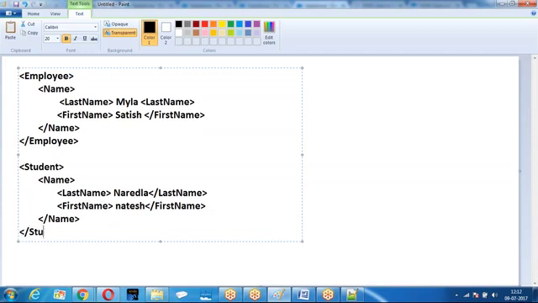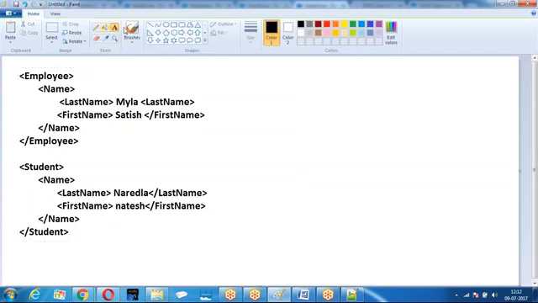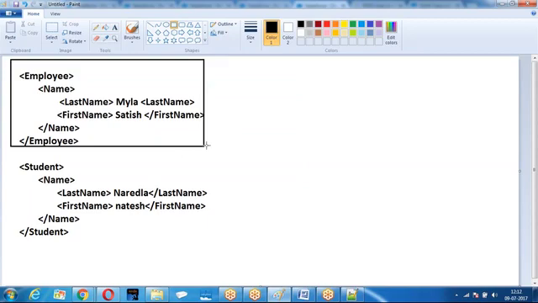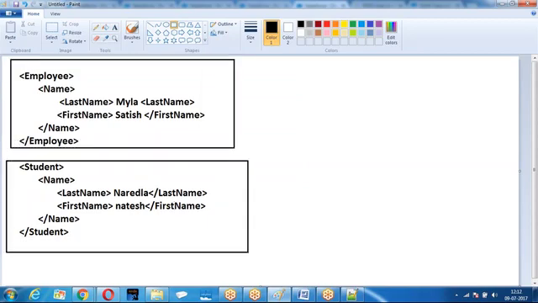One XML file is student, another XML file is employee. There are two different files. But both these files I am using in one program.